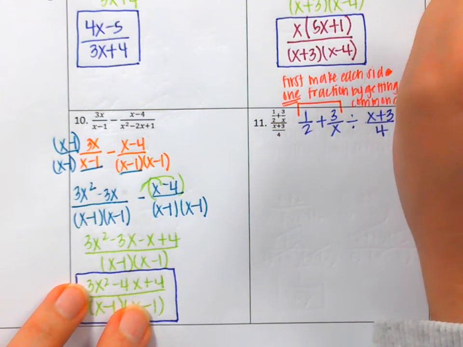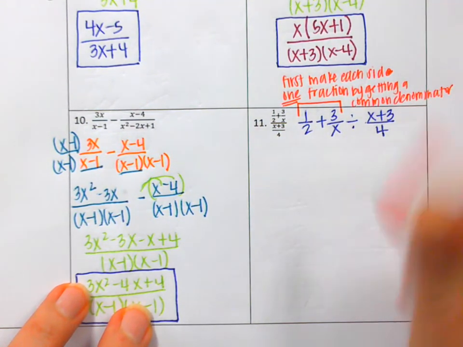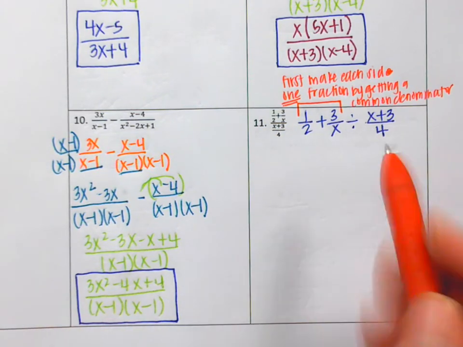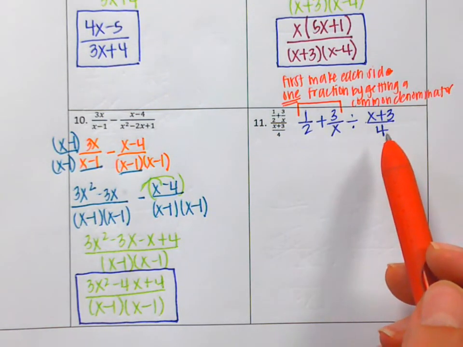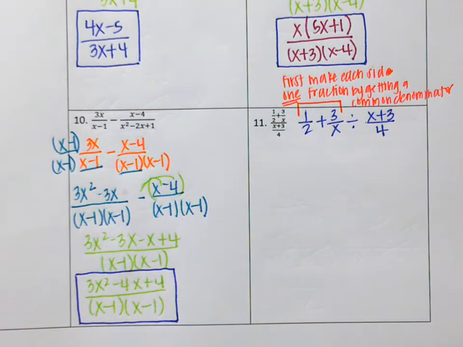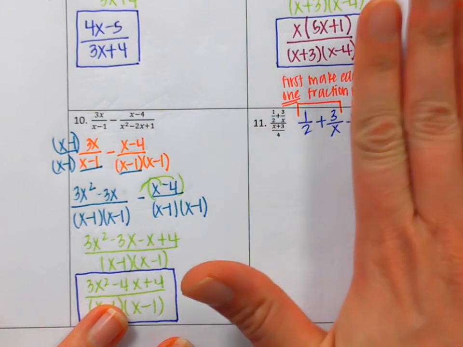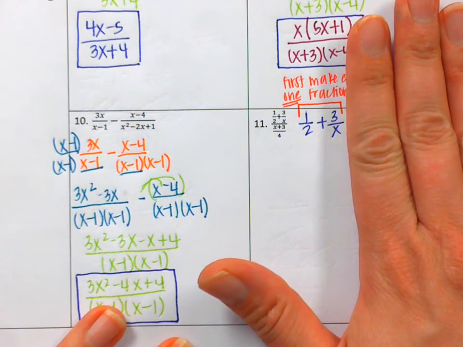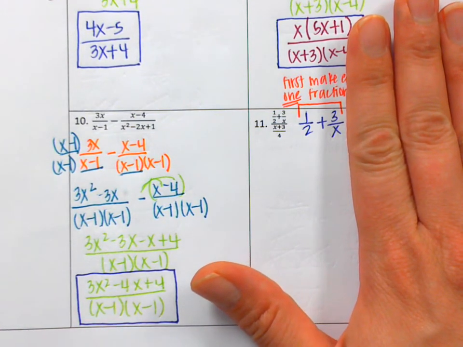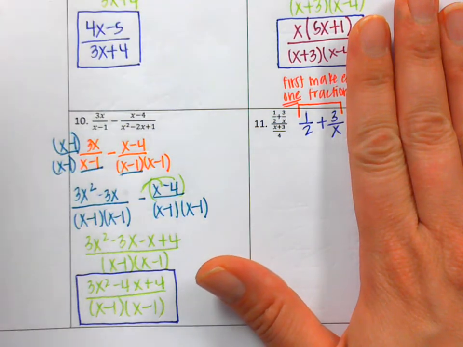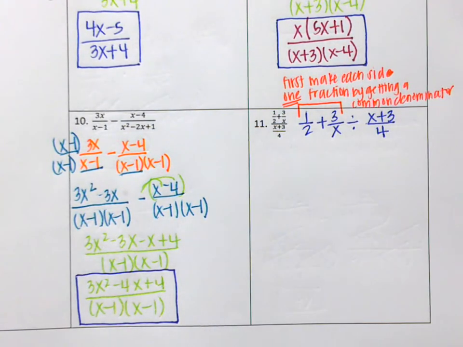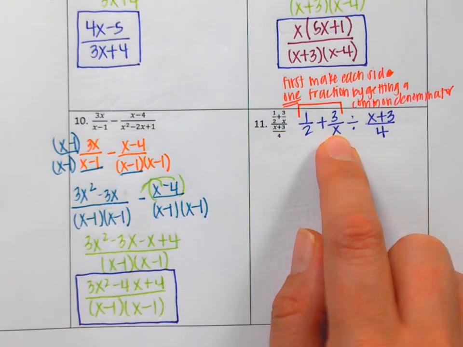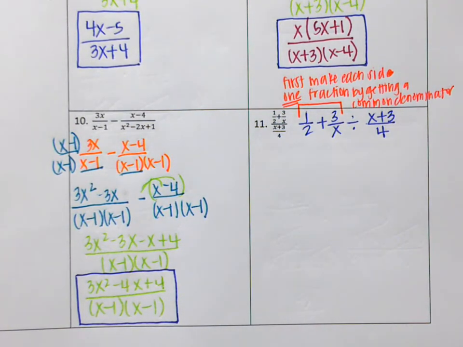Now, this side is already one fraction. It's not separated like this one, so I don't have to touch this one right now at all. But what I do have to do is deal with this side. So right now, I'm going to ignore this side completely and imagine 1/2 plus 3 over x is something that we had in 7 through 10. So I factor the denominators. The denominators are already factored. And then I think, what's the common denominator? This has a 2, this has an x. So they have nothing in common. So what I have to do,